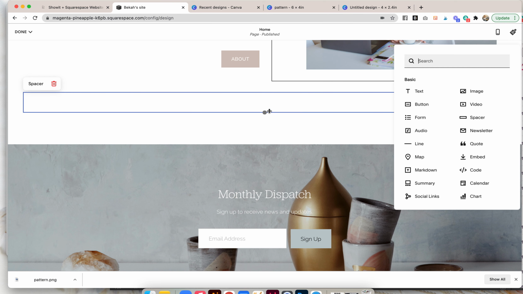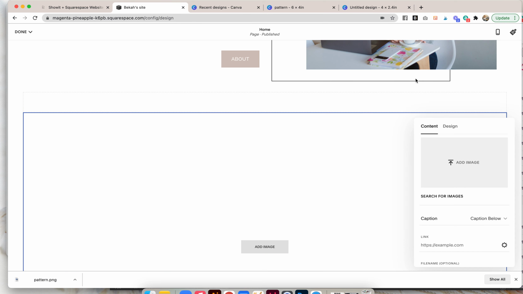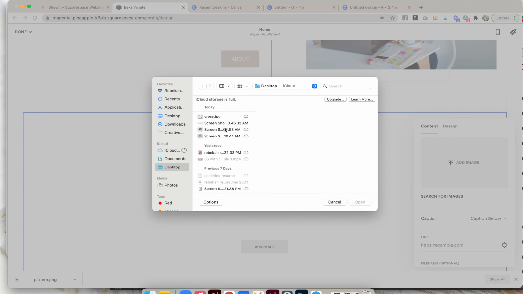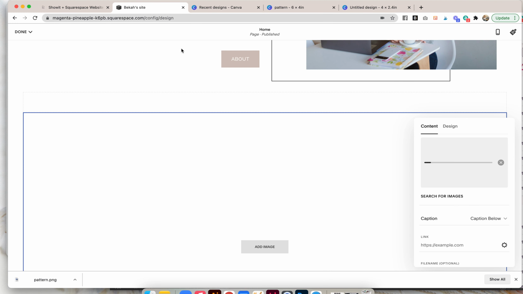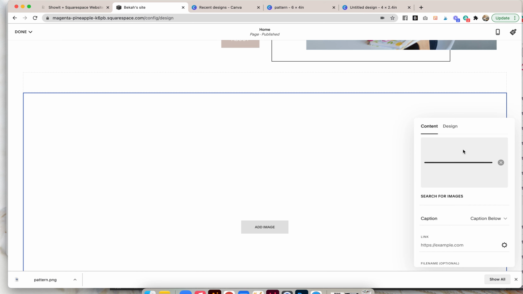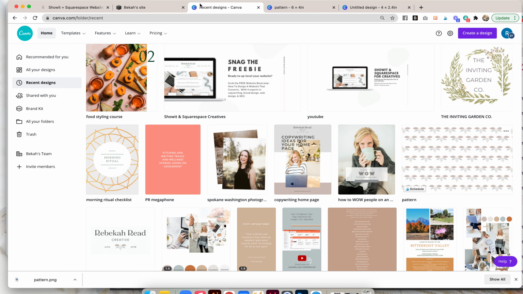So we'll do an image. We will add that image. Also, if you're doing a screenshot like that on Canva, you can export it as a PNG, which means there will be no background, which is super important if the background is not white. My background is white, so I was able to just have a JPEG that blended with the normal background. But had I had a blue background, let's say, you would have seen that white square around it, and it would have been super wonky.